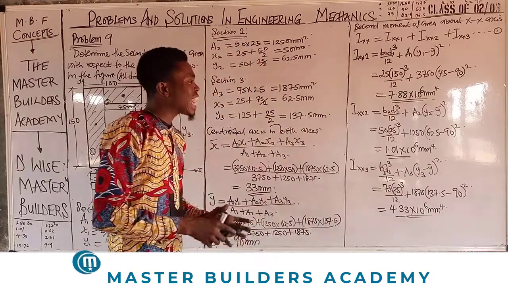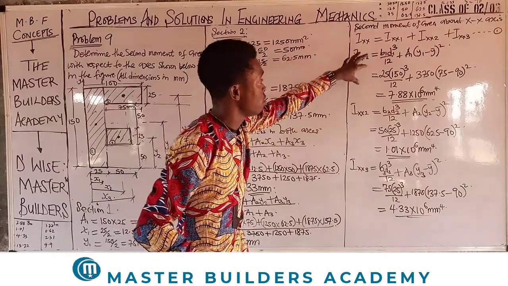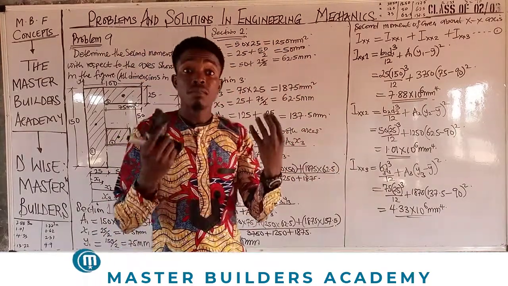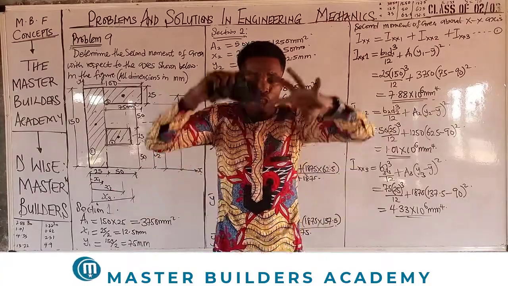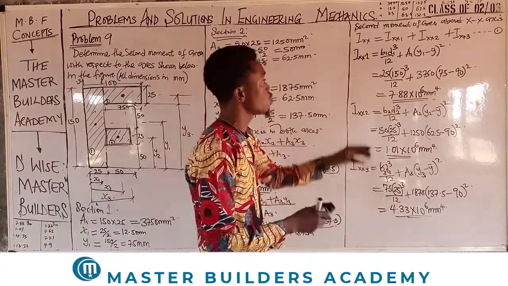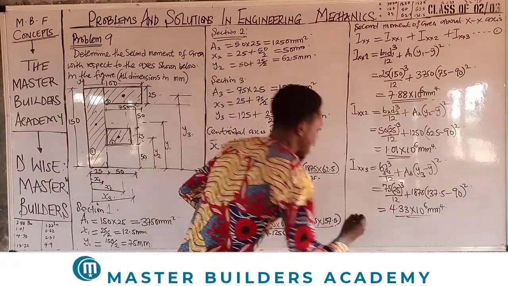Now that we have obtained the value for all the different sections, to get the second moment of area for the composite section, we need to add the 3 values together. It's as simple as that. So, substituting into equation 1, we have that Isx